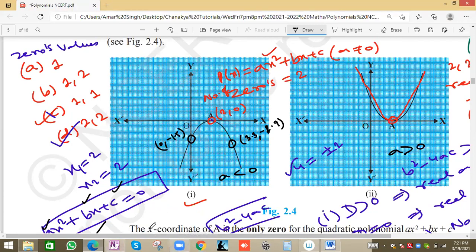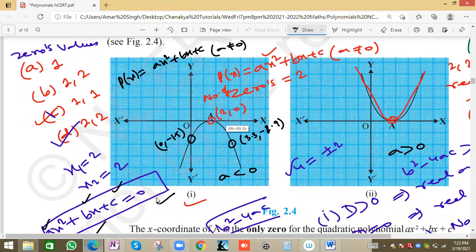One easy method is also there. This is also one option. We can plot 3 points on the graph because we have 3 unknowns. The basic equation we know is ax square plus bx plus c, and a should not be equal to 0 for a quadratic polynomial. Degree 2 is there, so the graph nature will be a parabola and the polynomial will be called a quadratic polynomial. So we can plot 3 points and then put in these values.